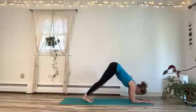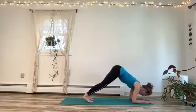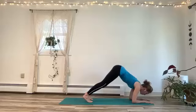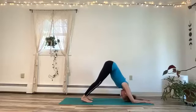9, 8, 7, 6, 5, 4, 3, 2, 1. Hold it low for 5, 4, 3, 2, 1. Dolphin pose. Good, just hold your dolphin for 5,